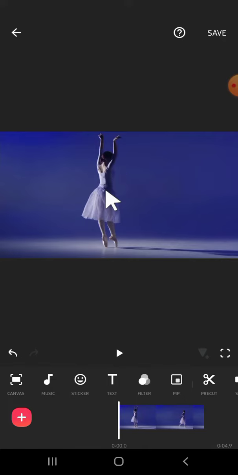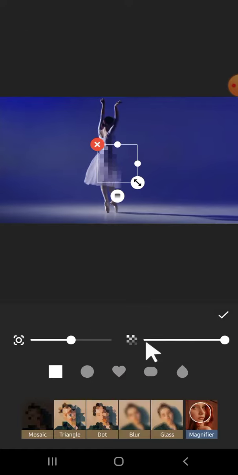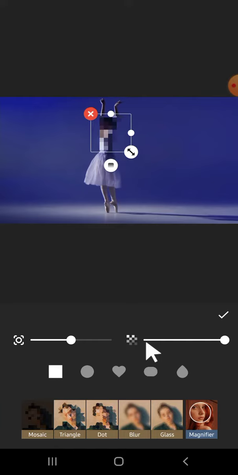this object. So the first thing you have to do is click on the sticker button right here, and then you're going to select the detail option, and then you can select the part of the video that you want to blur. You can select the object that you want to blur, and I'm going to select this one. Okay, just place this blur effect on the part of the video that you want to blur, and then you